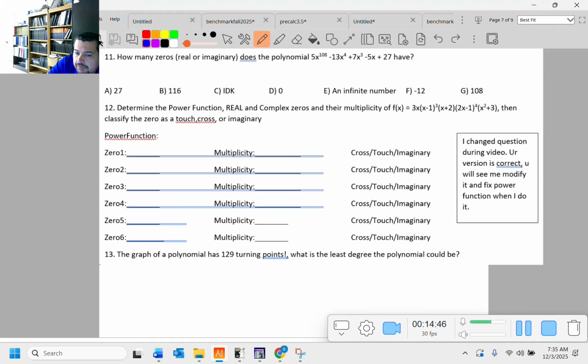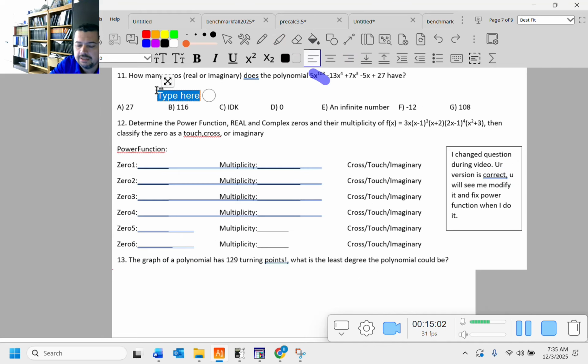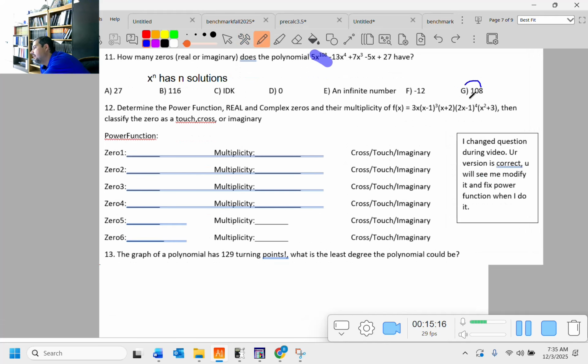All right, 11. How many zeros, real or imaginary, does the polynomial 5x to the 108th have? Oh, my land, the number of kids who will miss this. Somebody's going to pick E. Somebody always picks E. Don't pick E. Anyways, the fundamental theorem of algebra says x to the n has n solutions, or n roots, or n zeros. So if this bad boy is to the 108th power, then it's going to have 108 solutions, or zeros, or